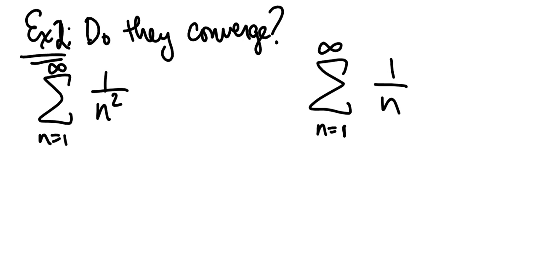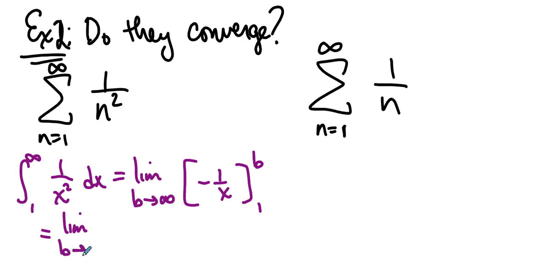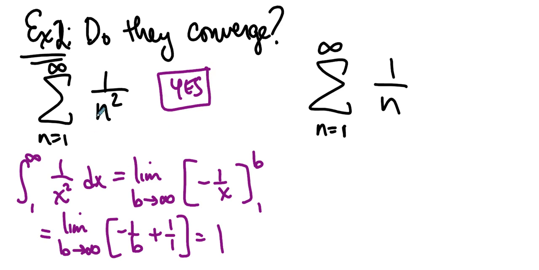So in the case on the left, we will take the integral from 1 to infinity of 1 over x squared dx and see what happens. So this is the limit as b approaches infinity of some antiderivative evaluated between 1 and b. That antiderivative is negative 1 over x. So we take the limit as b approaches infinity of negative 1 over b minus negative 1 over 1, and we get a regular number. And because we get a regular number and not infinity, the answer to the question is yes, this series